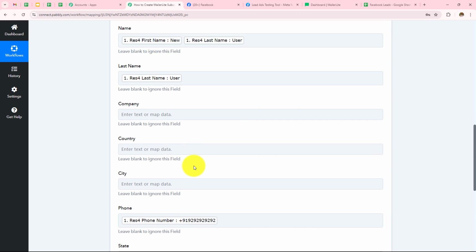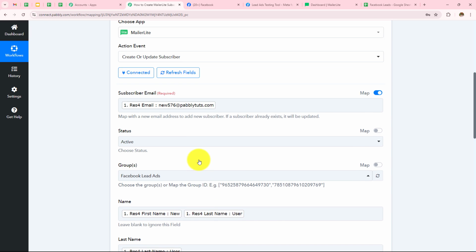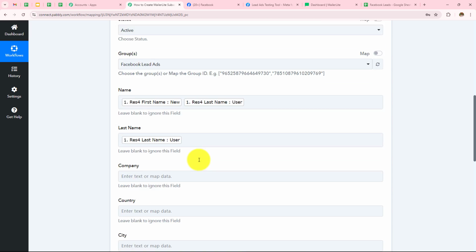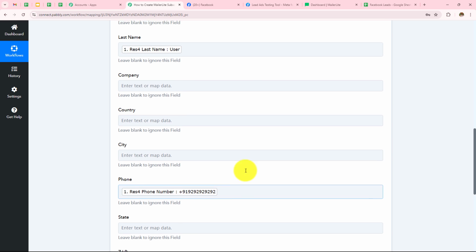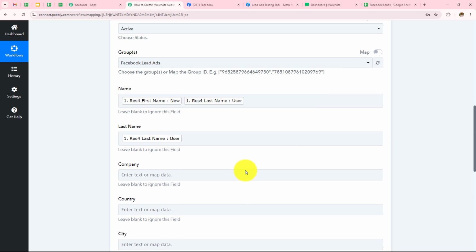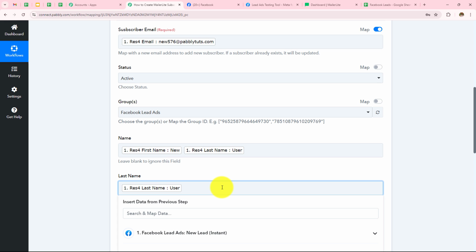Mapping is important so that every time you receive a new response, it is taken into consideration in these fields. Manually entering the data will make these fields static and the information will not change even if you have received a new response. If I manually enter my last name as user, this field will become static, and every time I receive a new response, this will not change. So to keep these fields dynamic, we use this process, mapping.